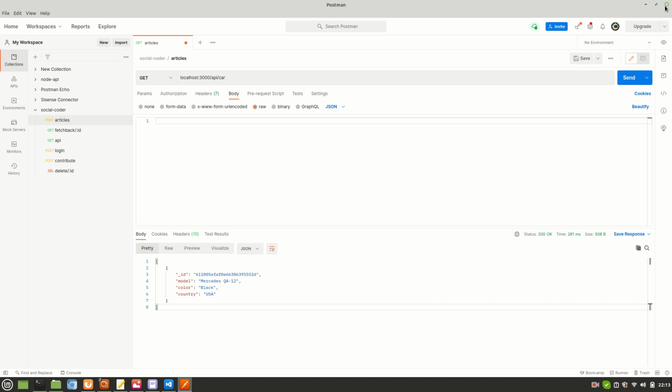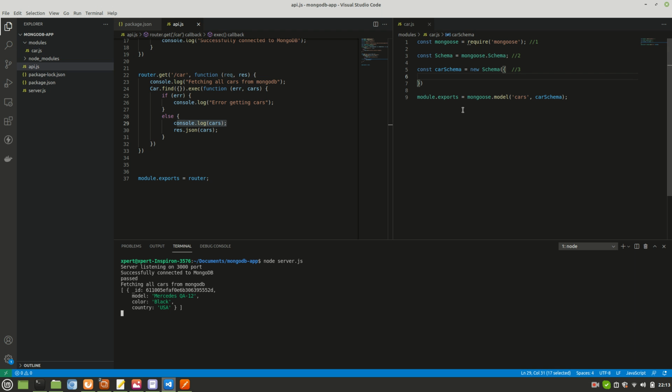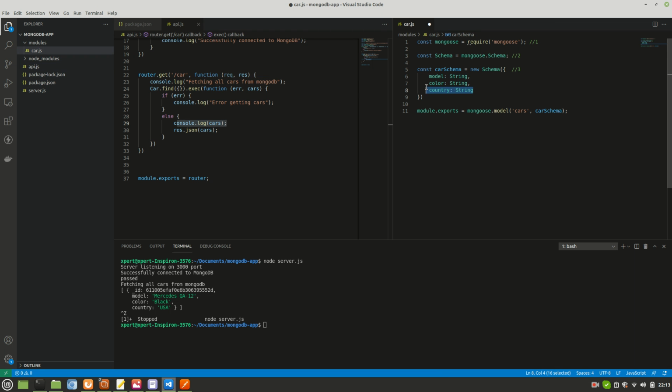Okay, even if I remove half of the keys, let's say I'll put it back there, then it will be easier. Let's say I remove half of the things from here, then also you will get the complete data. Even if I change the keys, I make it something else, country also I made something else, and this thing I altered to number, this thing I altered to boolean, then also you will get the entire data.